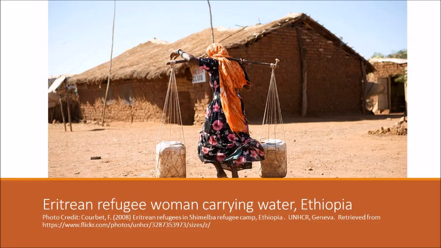We systematically undertook observations by walking through the camps, noting what could be seen. This is called a transect walk. For example, in walking through Shimelba camp in Ethiopia, we observed this refugee woman carrying water. This likely indicates a water shortage in the camp and suggested that we explore in various interviews topics related to water, as the lack of access to water can have a negative impact on nutrition, which was an outcome that we were analyzing.